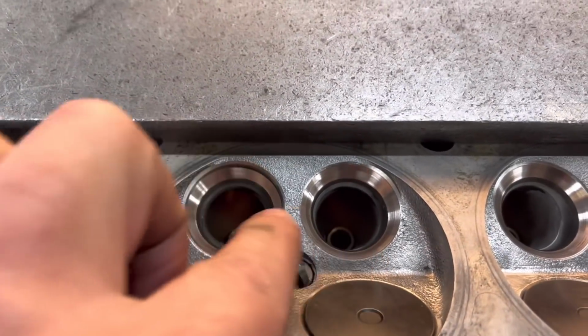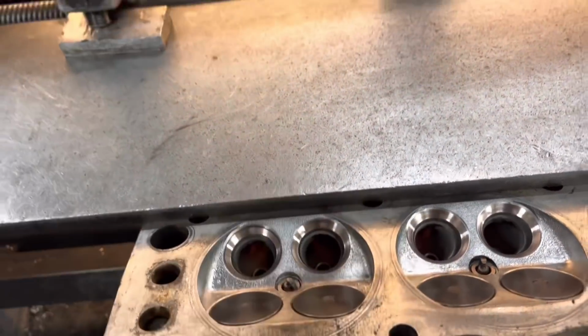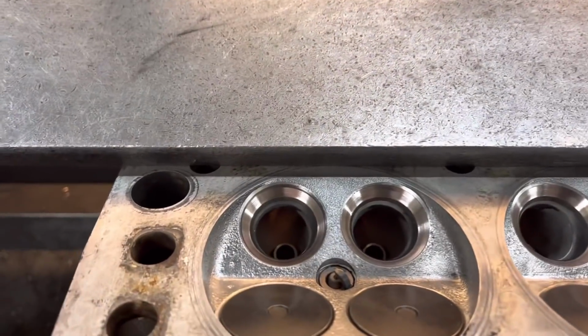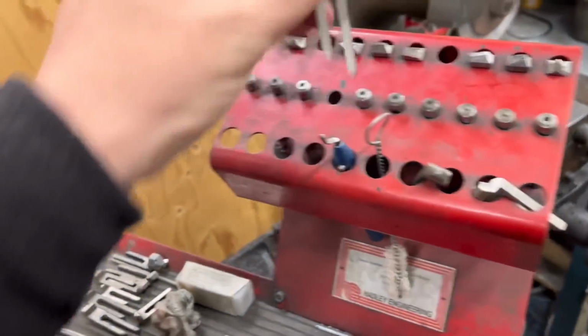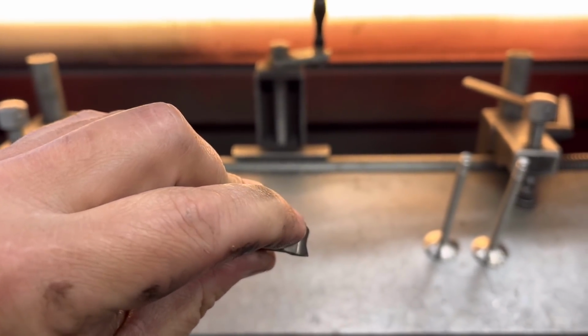So as you can see, I've done this one. I'm going to do that one. What usually happens if I do it that way is you put the valves in and they vacuum straight in, so there's no lapping involved. What can tend to happen with these 3-phase cutters, because you're cutting on such, if